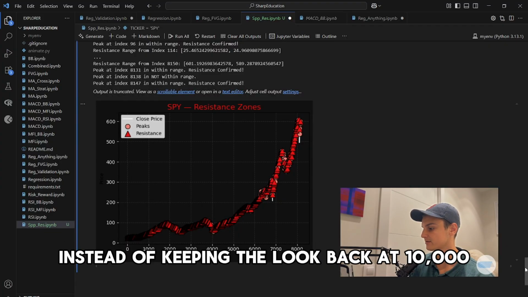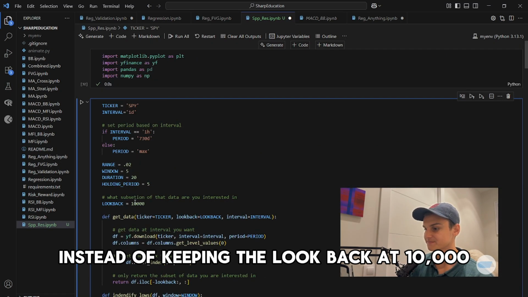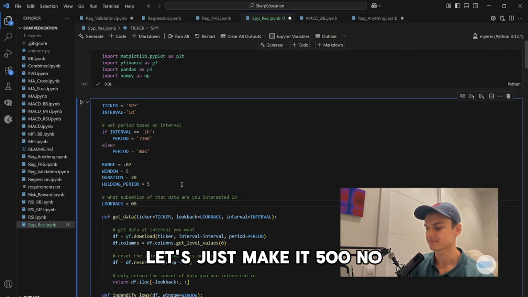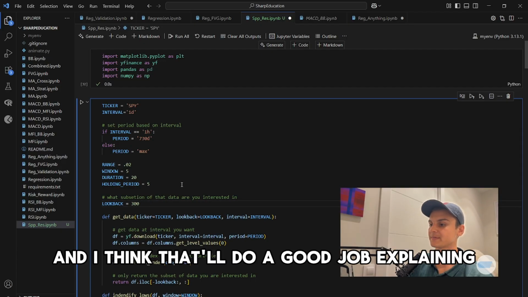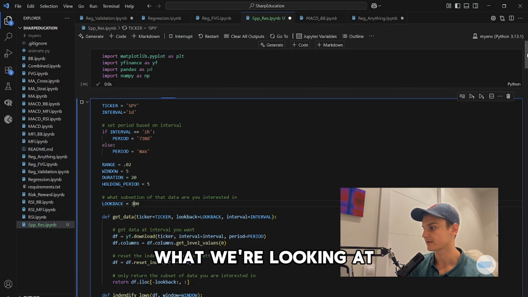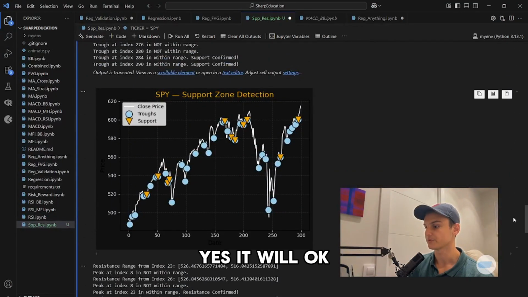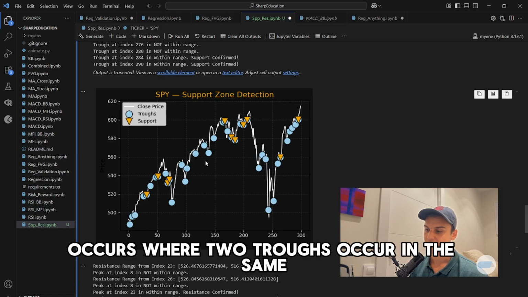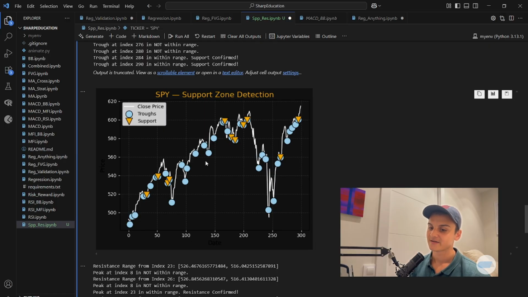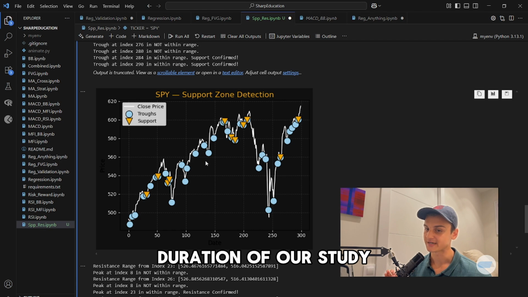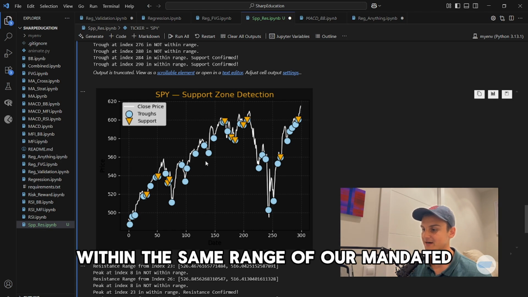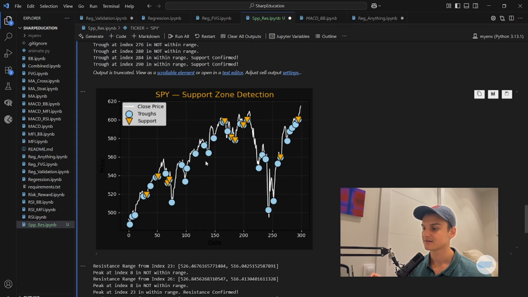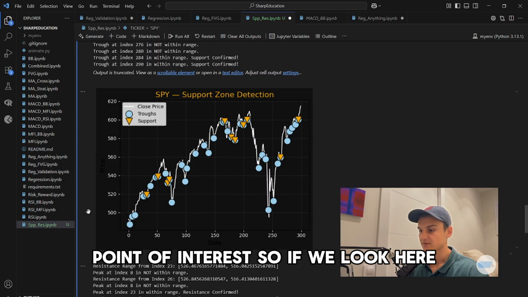So instead of keeping the look back at 10,000, let's just make it 500. No, let's make it 300, and I think that'll do a good job explaining what we're looking at. Yes, it will. Okay, so a triangle or a support level occurs where two TRAWs occur in the same duration of our study within the same range of our mandated point of interest. So if we look here,